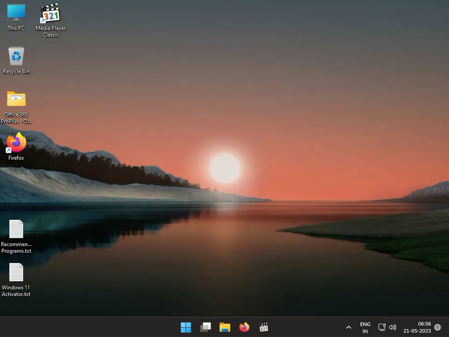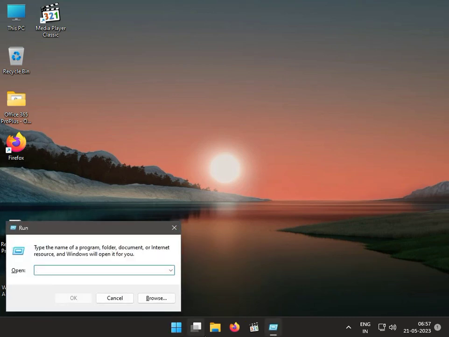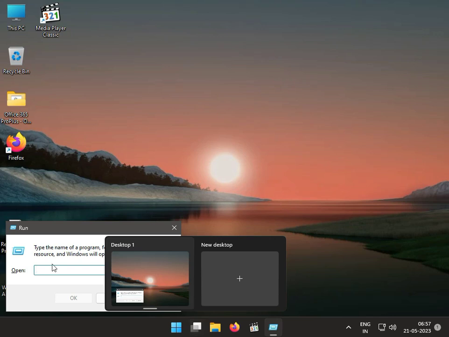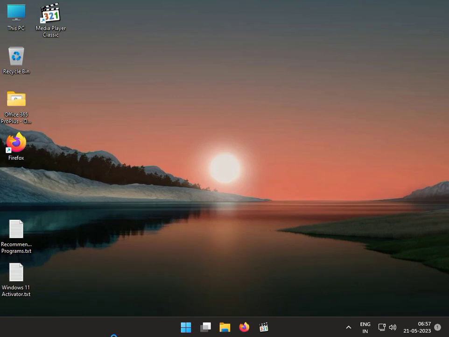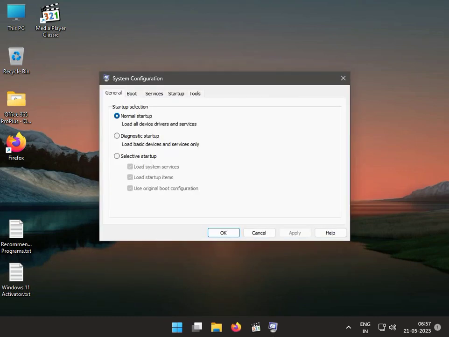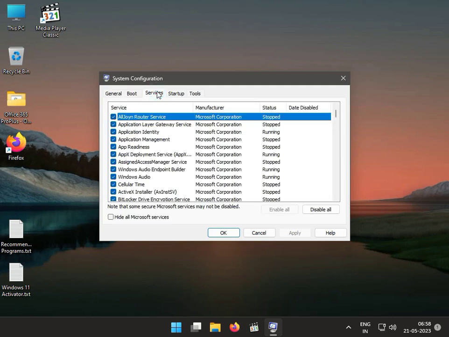Second solutions, disable authorize in startup service. So Windows R and type msconfig. Then guys click to services and that file name is software name is